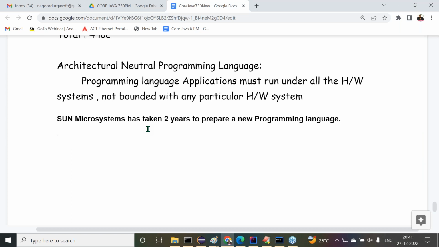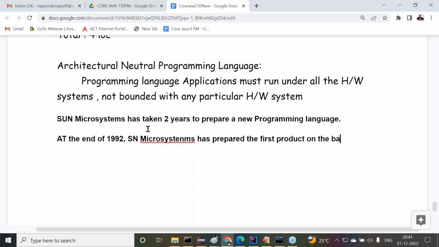Then after that, what happened? At the end of 1992, Sun Microsystems prepared the very first product on the basis of Java.